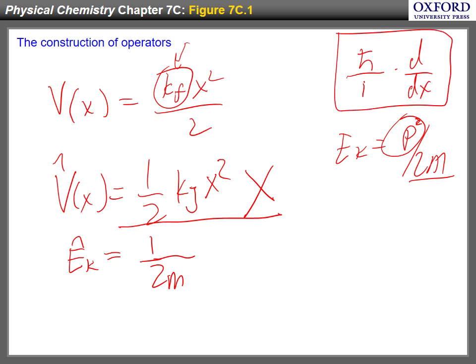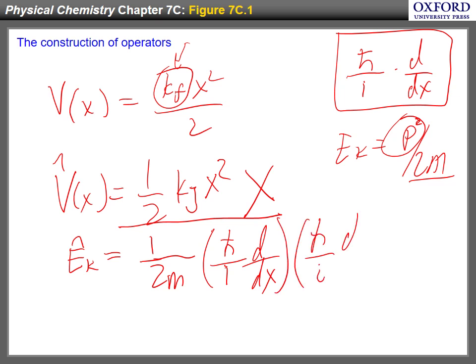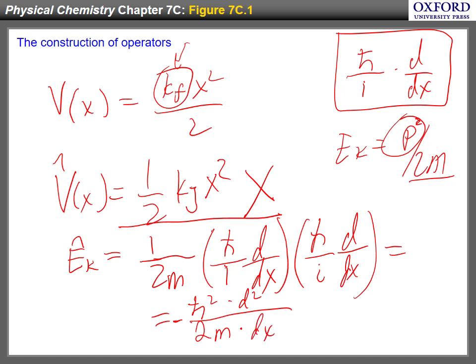So the operator becomes i d dx, and this is just plug and play, which in turn results in h squared divided by 2m, minus, times d squared over dx squared. Okay,